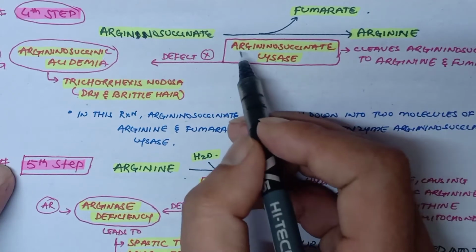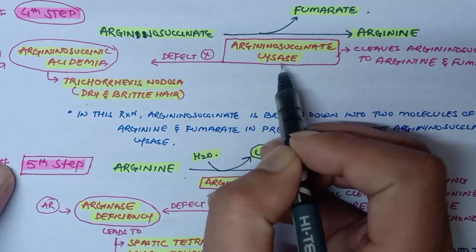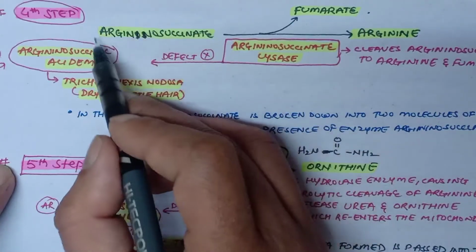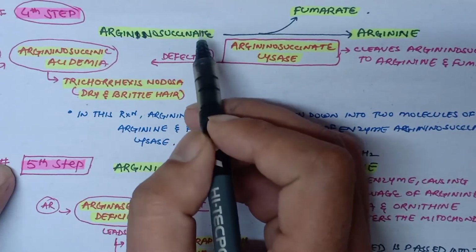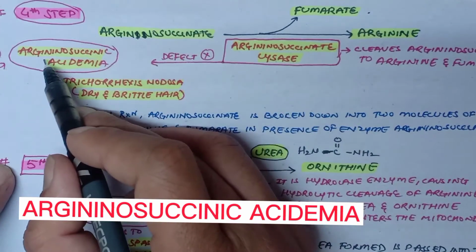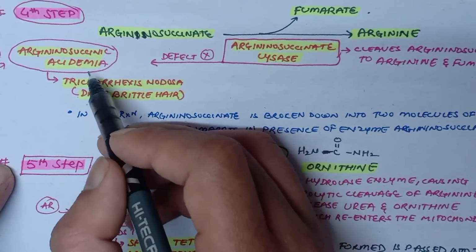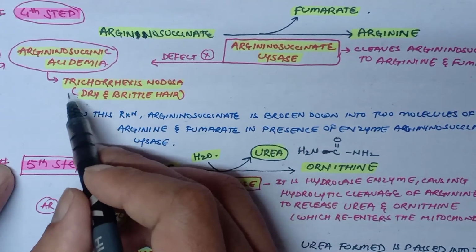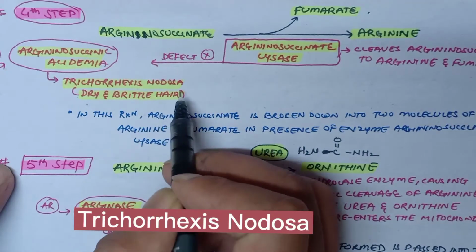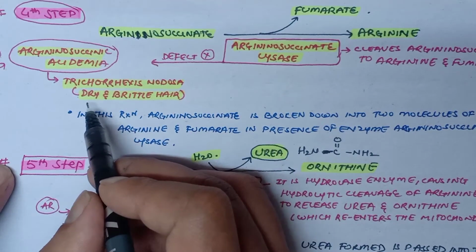And when there is defect in argininosuccinate lyase, there will be accumulation of argininosuccinate and this will result in argininosuccinic acidemia. And in this defect, we will see a characteristic feature of trichorrhexis nodosa, that is, there will be